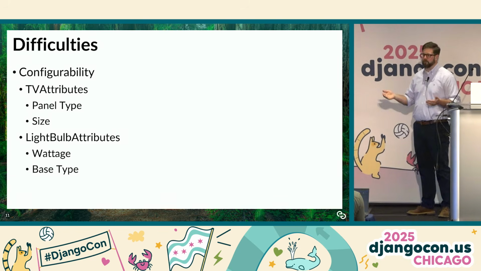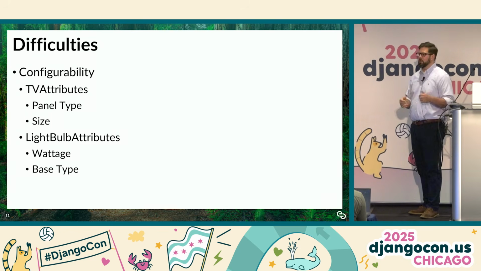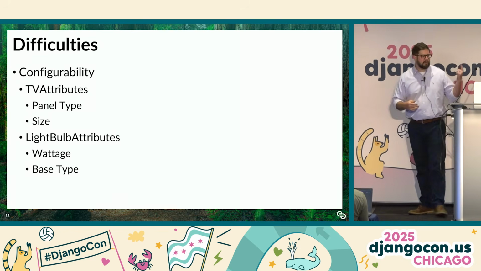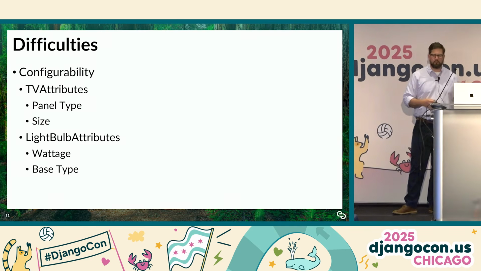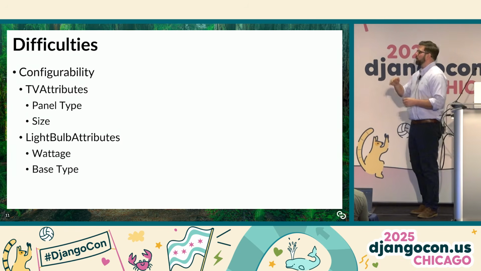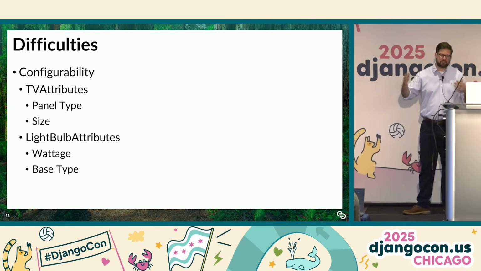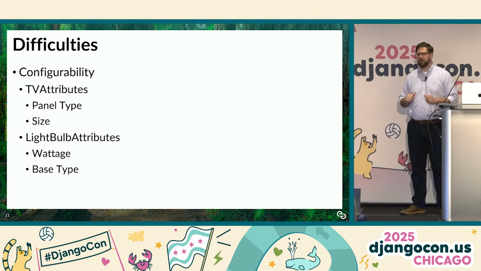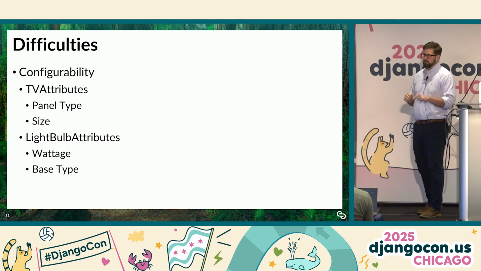You can think of it as properties, things like that. So if you think of a TV, you have the panel type, the size, things like that. For a light bulb, wattage and base type. And you can imagine different attributes for all of these different types. Well, as those grew, you can imagine the SQL gets a little hairy, but actually the bigger problem we had